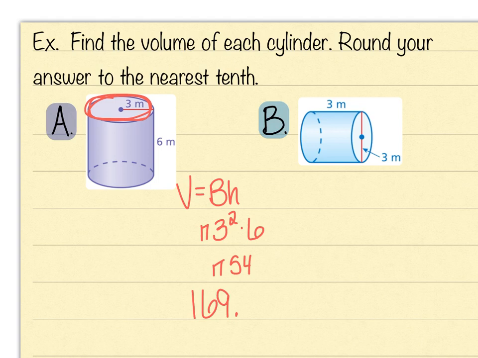But it wants us to round to the nearest tenth. So 169.56, the 6 is going to bump the 5 up to a 6, so I'm just going to make this 169.6 meters cubed. And then for example B over here, again I'm using the same formula, V equals capital BH,